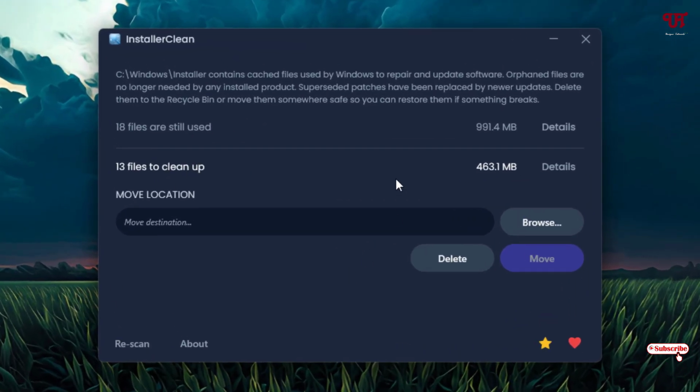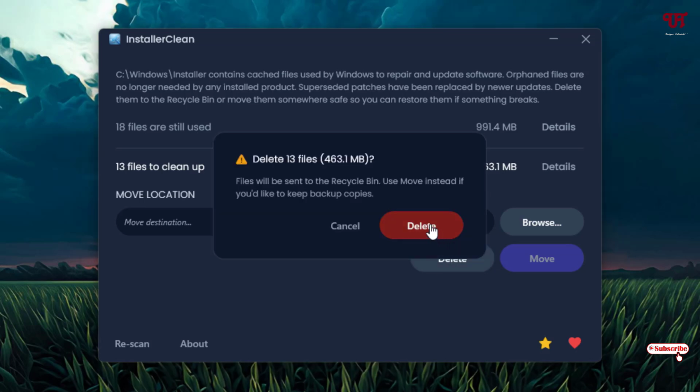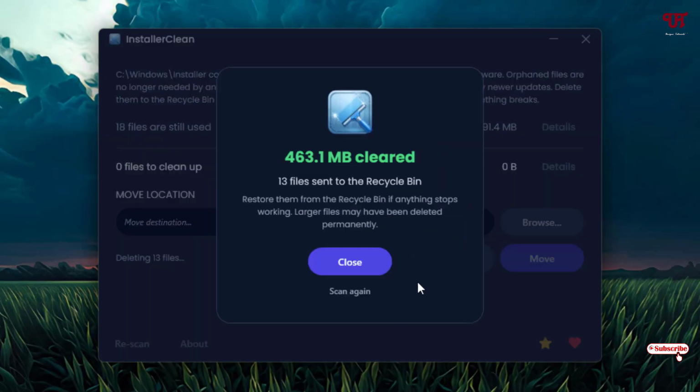Once you're done with the scanning, just click on this Delete. Now click on Delete again. Now you can see here this much size has been cleared. By default the respective files will be sent to the Recycle Bin, so they will not be deleted immediately. If any problem occurs, you can restore them